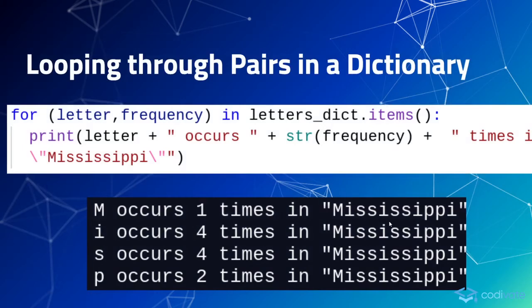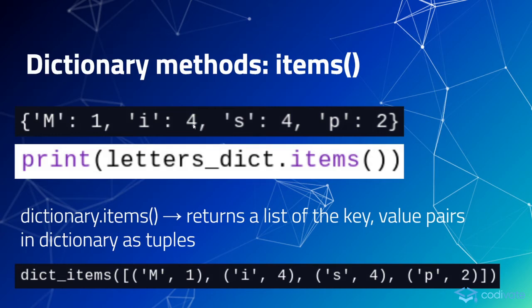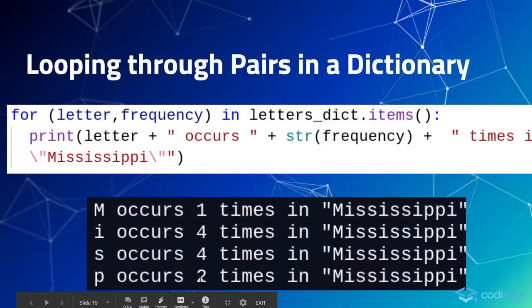So when would this be useful? Let's say we wanted to loop through both the keys and the values at the same time. So we can use a for loop like this. We see that there is a key value pair each time. So we could do for each key value pair, we're now using two loop variables, in letters_dictionary.items, which